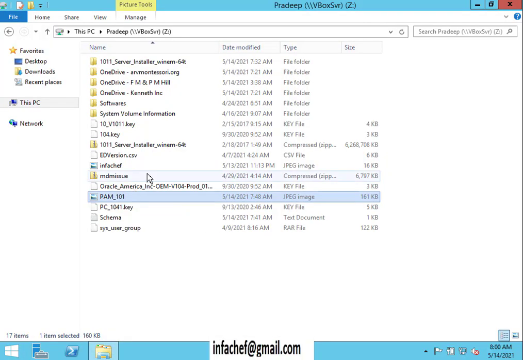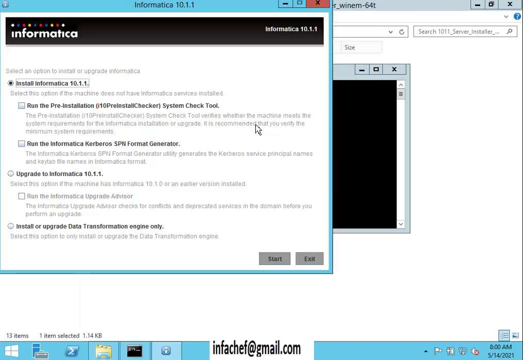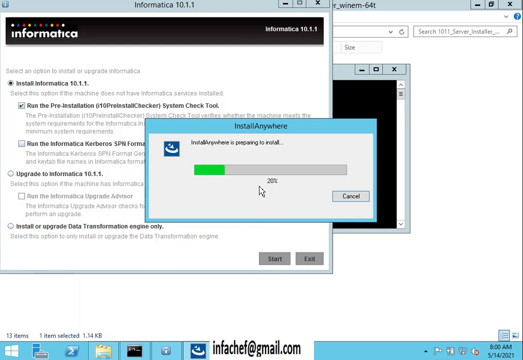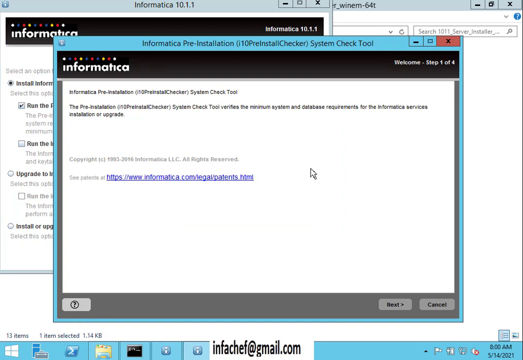Now I'm planning to go to the Informatica installation. This is the installation path where you will be going, and I'll be clicking the install.bat file. I can move to the run pre-installation task and give a start option. It will start the application. This is why we are running this option: I want to check whether my installation will be successful or whether we will be getting some warnings, where we can do a preliminary check by doing all these activities.